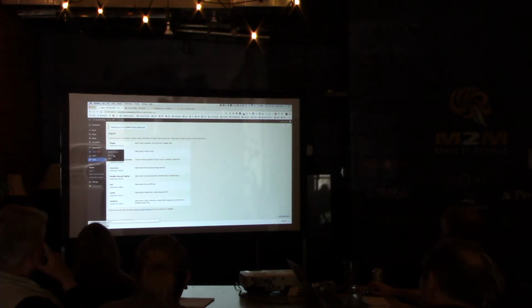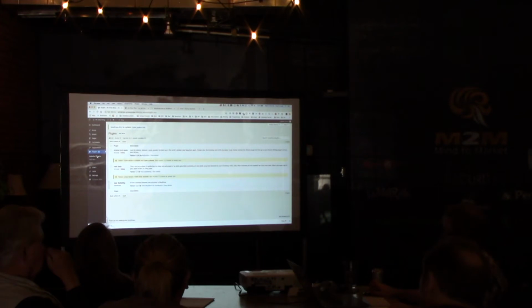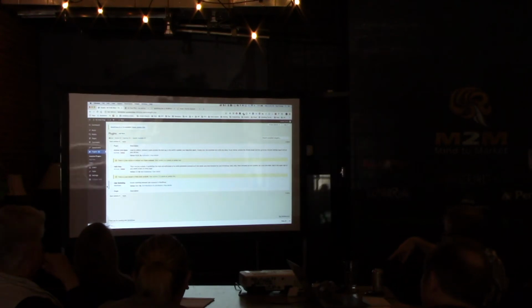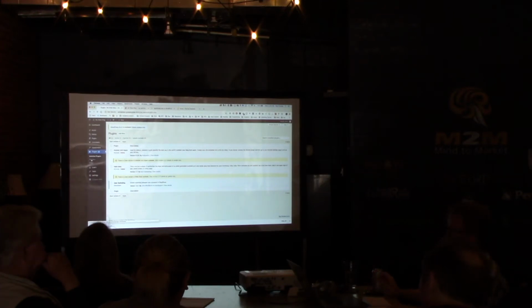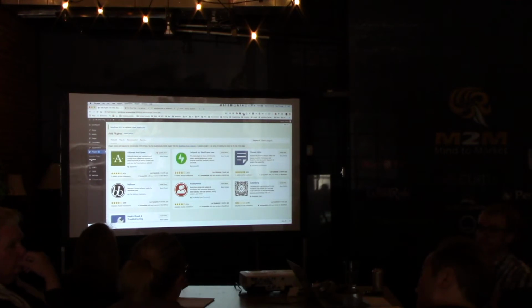I'm going to go here. Well, first, I'm going to look at my installed plugins, right? And here we have anti-spam. Don't worry about Hello Dolly. The WordPress founder has a fascination with jazz. And then user switching. I was going to demonstrate user management with that in a second. But we go to add new. Yeah. Go back to plugins and they're already